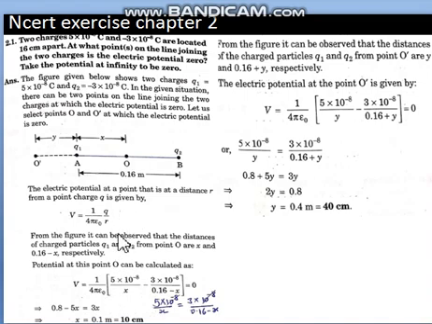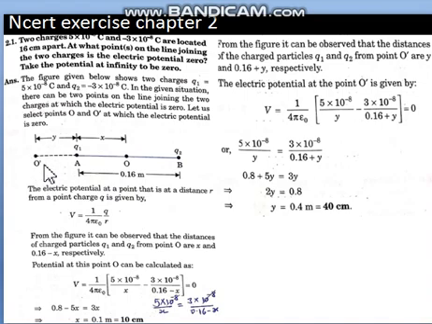Now the way in which we have solved for point O, in the same manner we have to take one more point outside the charges. It can be on any one side of the charge; that is sufficient to solve. So suppose O dash point is taken now at Y distance from the first charge. What should be the O dash distance from the second charge? Firstly find that out, as we have to always find the point's distance from both the charges. So the point's distance from the first charge is Y and from the second charge is 0.16 plus Y.